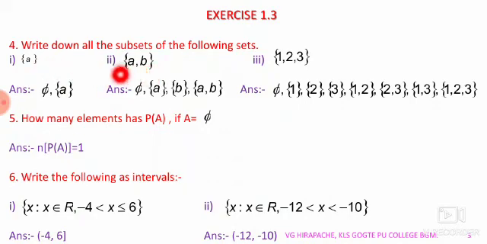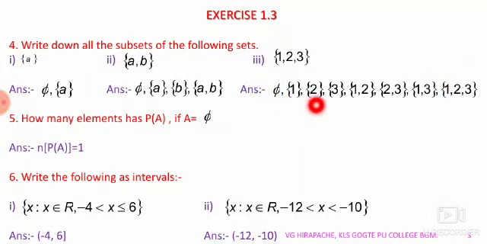Likewise, we write the subsets of a given set containing two elements. As we know that the empty set and the set itself are subsets of a given set. Therefore, phi, singleton A, singleton B and A comma B. These all are the subsets of the given set in the second example. Third example, here also we have to write the subsets of a given set containing the elements 1, 2, 3. Empty set, singleton 1, singleton 2, singleton 3, {1, 2}, {2, 3}, {1, 3}. The last possible combination is the three elements, which is unique, {1, 2, 3}.